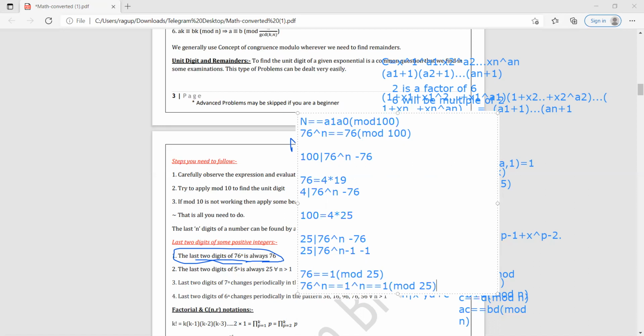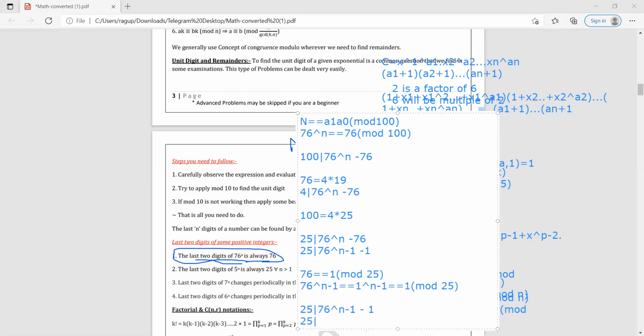So this means that 25 divides 76 raised to n minus 1 minus 1,